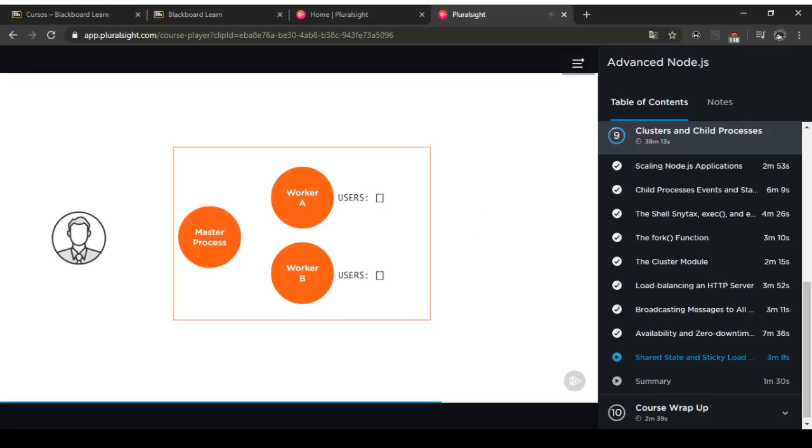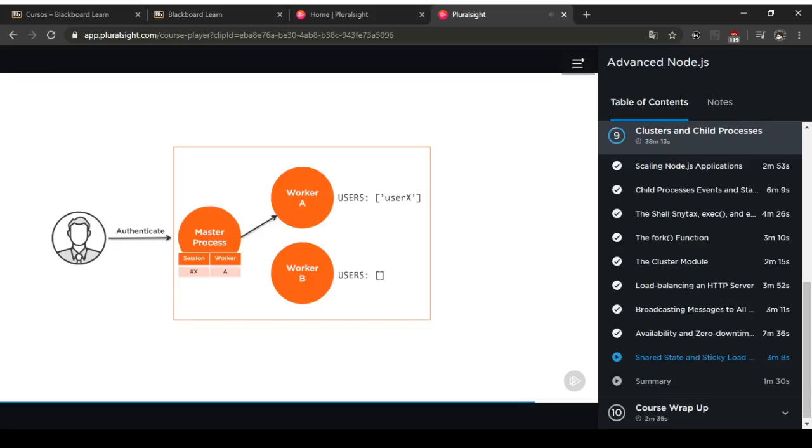You can use what's known as sticky load balancing. This is much simpler to implement as many load balancers support this strategy out of the box. The idea is simple. When a user authenticates with a worker instance, we keep a record of that relation on the load balancer level. Then, when the same user sends another request, we do a lookup in this record to figure out which server has their session authenticated and keep sending them to that server instead of the normal distributed